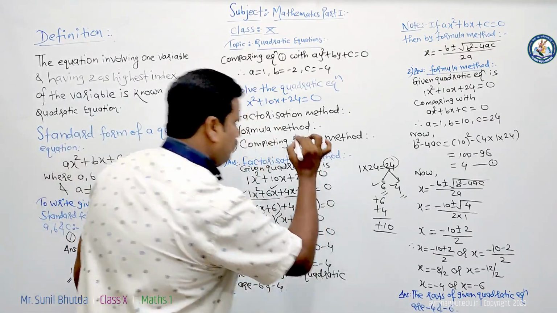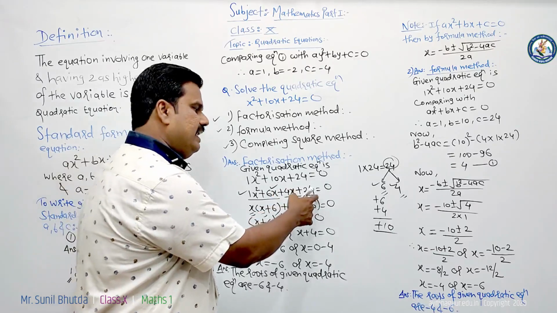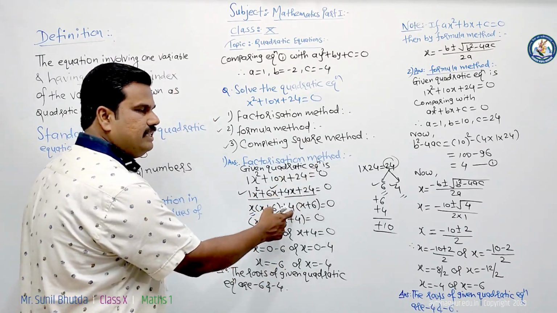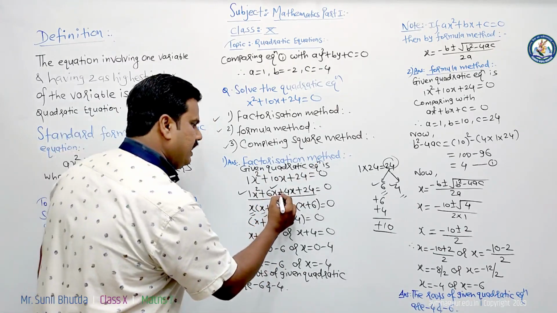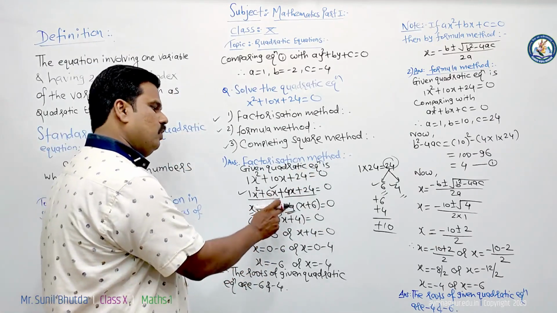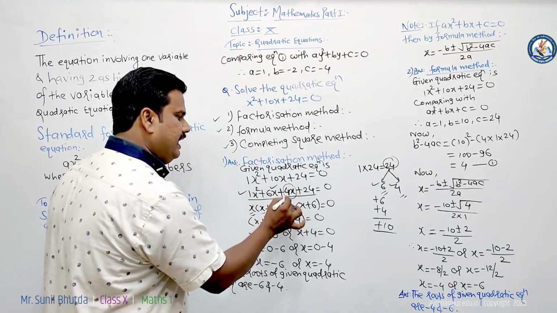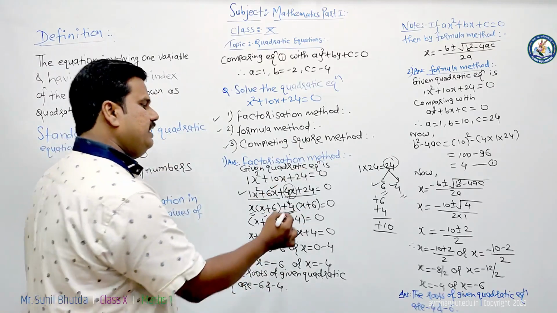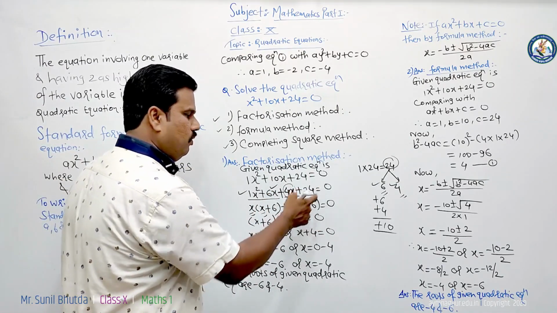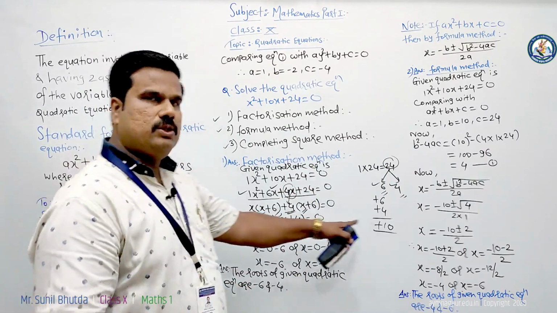Now take common from the last two terms. Here 4x is there and here the last term is 24. So 4 and 24 will come in the table of 4. Therefore, I have taken plus 4 as the common term. If I take plus 4 as common, what will be the remaining term? Here 4x is there and I have taken 4 as common, therefore the remaining term is what? x. And 4 into how much equal to 24? 4 sixes are 24. Therefore, I have written plus 6 equal to 0.